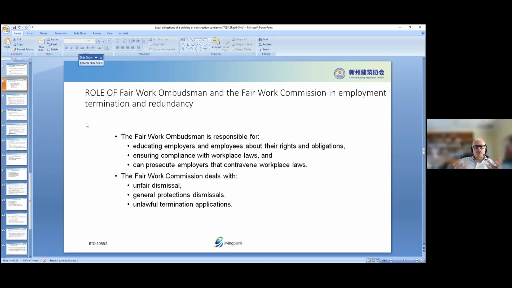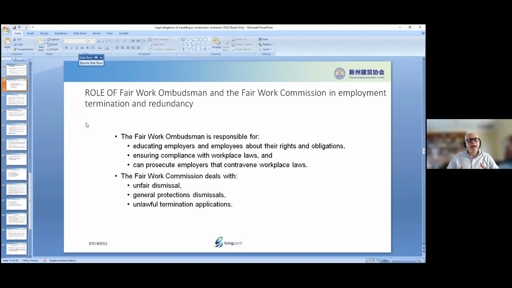And general protection. In other words, it's not just unfair dismissal, but they look at other areas of dismissal, things that you shouldn't have dismissed someone for. See, employers try and find different ways of terminating people. They might say, well, we don't have enough work, but they do, and then after 2-3 weeks, they employ somebody else in that position, or they change the title or the role of the position. So they're aware of that situation.